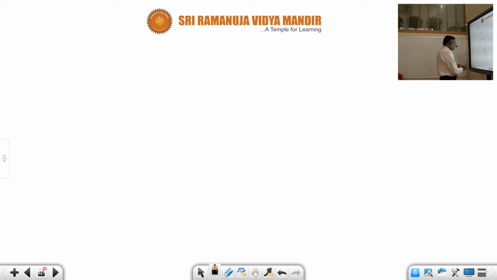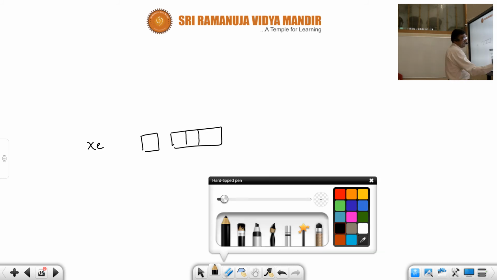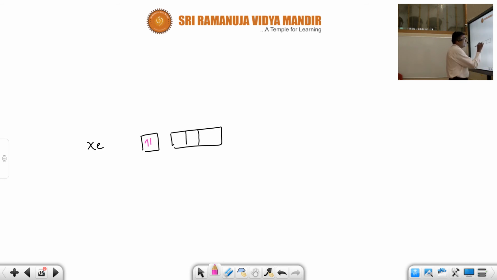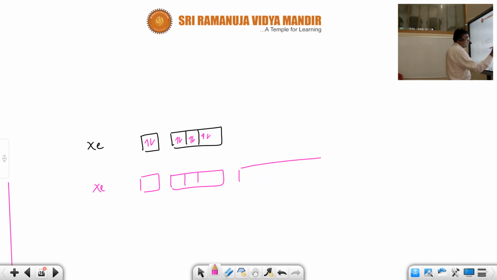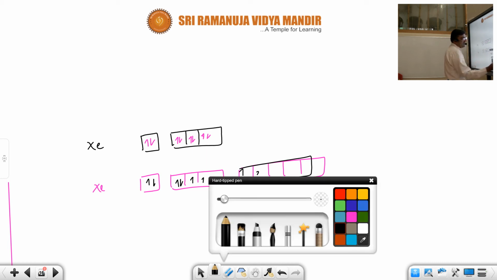Or if you want to understand very systematically, you can write here the xenon electronic configuration, 5s2 5p6. Now how many bond pairs are required? 3. Now excite it. If you excite, what happens? When you excite, it is as follows. One lone pair is here already. 2 lone pairs are here. These 2 you have to excite. When you excite, what happens?